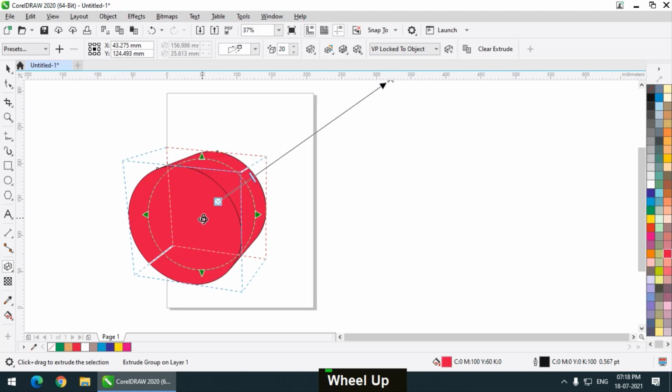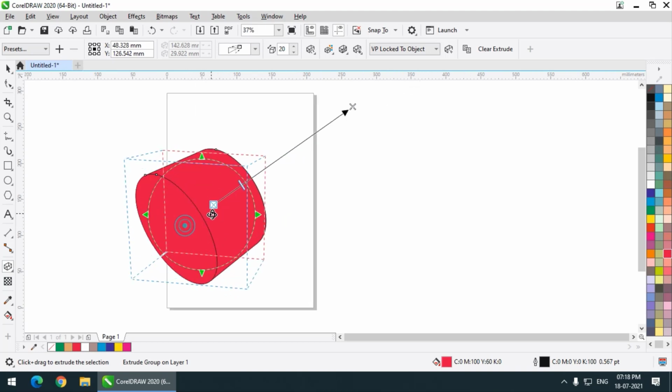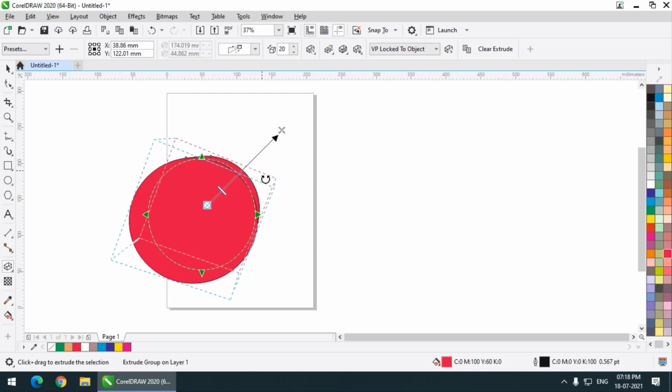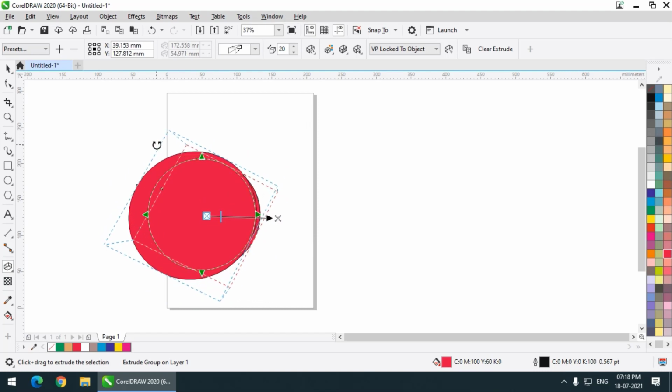So the depth is the Z axis. We can rotate it in three dimensions like this, and this other symbol denotes that we can rotate the object in two dimensions.